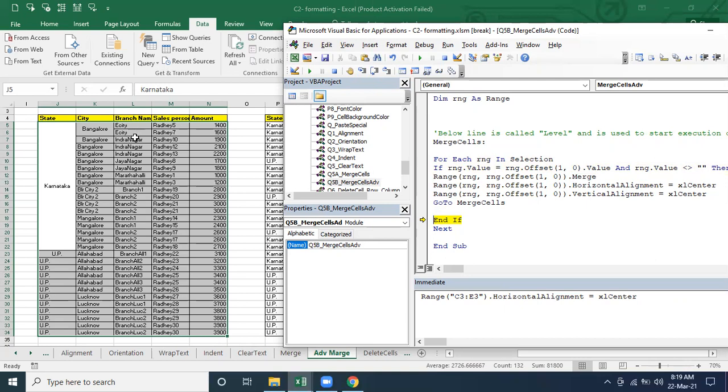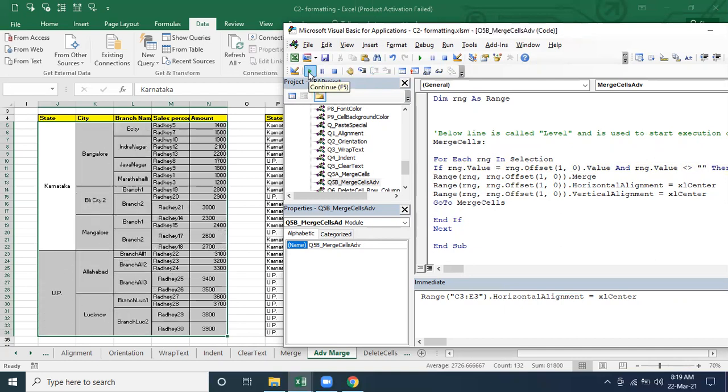And then again it's going to throw this value next time. Again it's going to merge these two, and like that it is going to do till the end. Okay? Right. So let me execute in one shot and just absorb what happened.